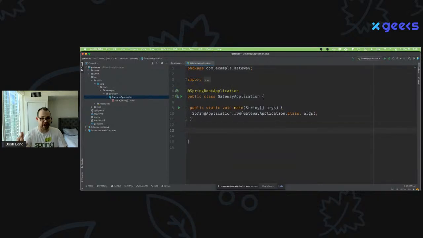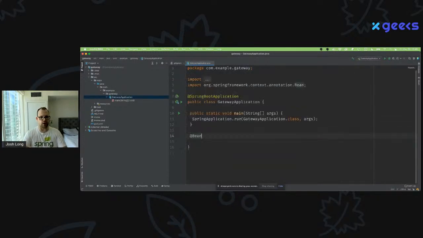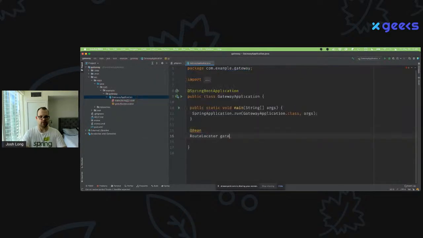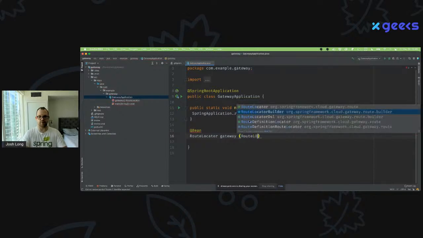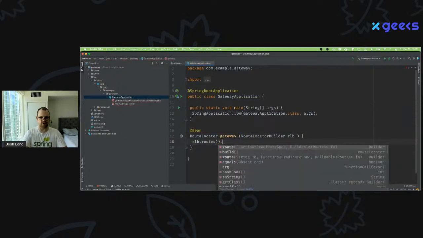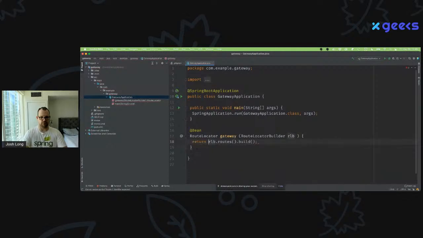First, we're going to use an API gateway, and we're going to use a project called Spring Cloud Gateway. Okay, so Spring Cloud Gateway, RouteLocatorBuilder, and I'm going to create some routes. Good.